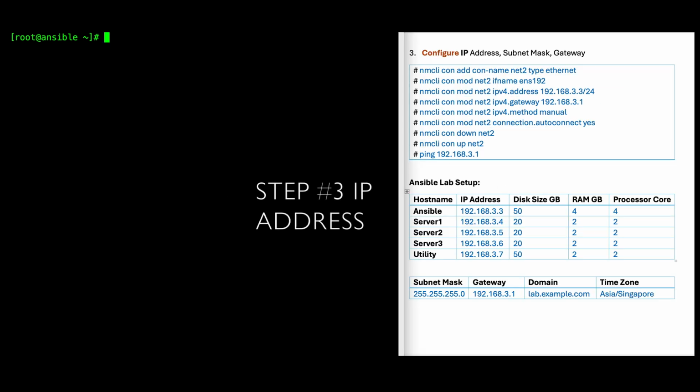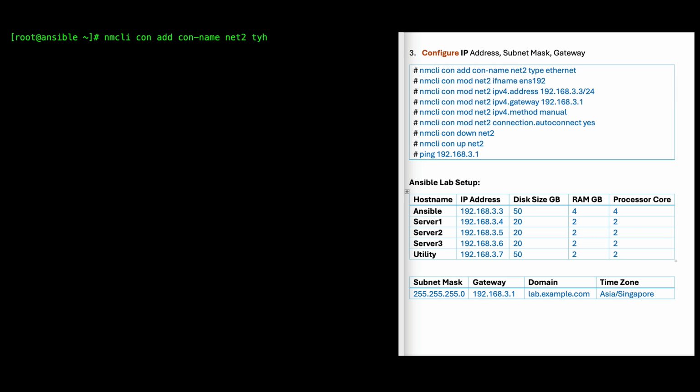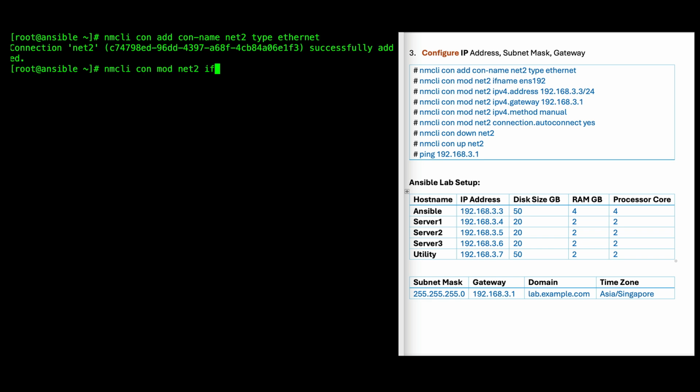Step number 3. Configure the IP address, subnet mask, and gateway. Using the nmcli command, create a new connection named net2 with the Ethernet type. After that, modify the net2 profile with the interface ens192. Then we add the address of